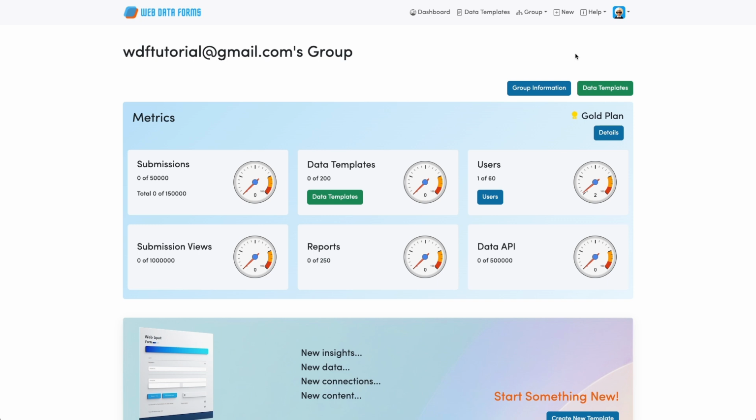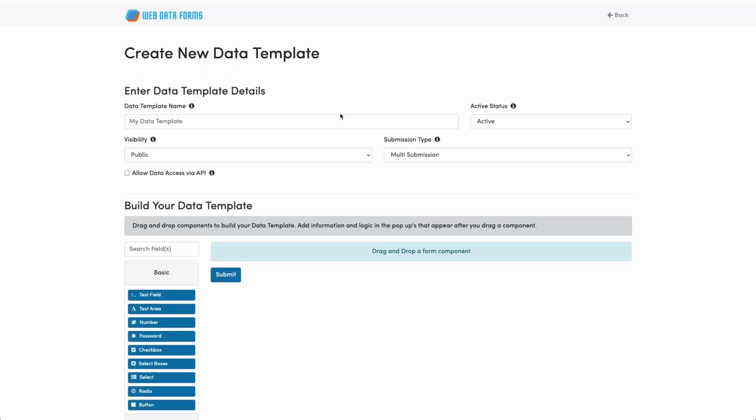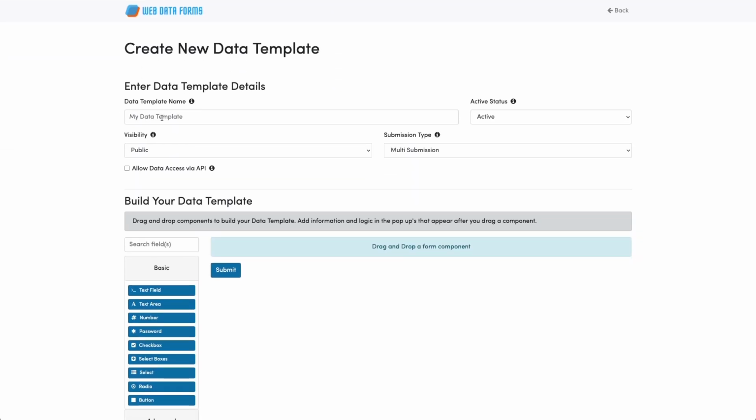To get started, I can hit the new button here to create a brand new data template. So let's go ahead and do that. Okay, this brings me to this page, and it's asking me for a data template name, whether I want to make the status active or keep it inactive for a while, if I want to expose it to the public or keep it private, and whether you can have multiple submissions against it or just a single submission. So let's call this,